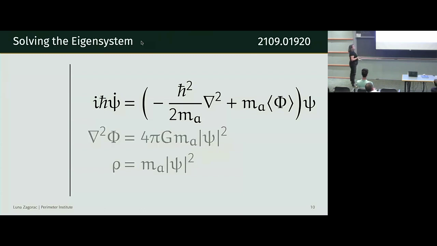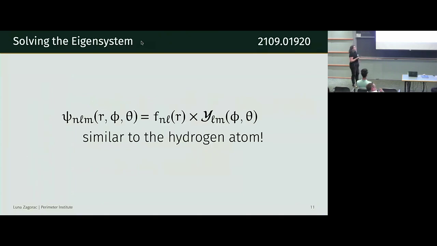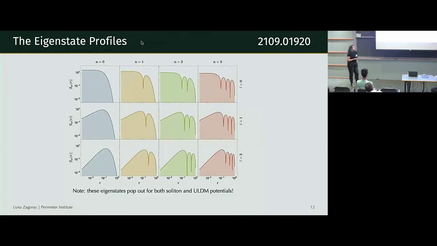There's no rho here. And what I have is something that you might have scribbled all over your Quantum 1 notebook somewhere, and this is the time-independent Schrödinger equation. And the reason this is interesting is because I can solve for the eigenstates of this much in the same way that I can solve for the eigenstates of a hydrogen atom. It's really the same procedure, which is to say that I assume separability here. So I assume that there's a radial part of the wave function and then the familiar Y_lm's. And I can do, as a theorist does, and torture Mathematica into solving that system of equations for me.